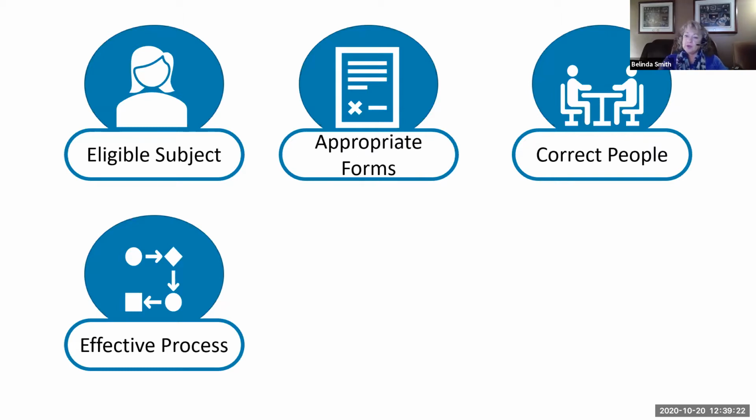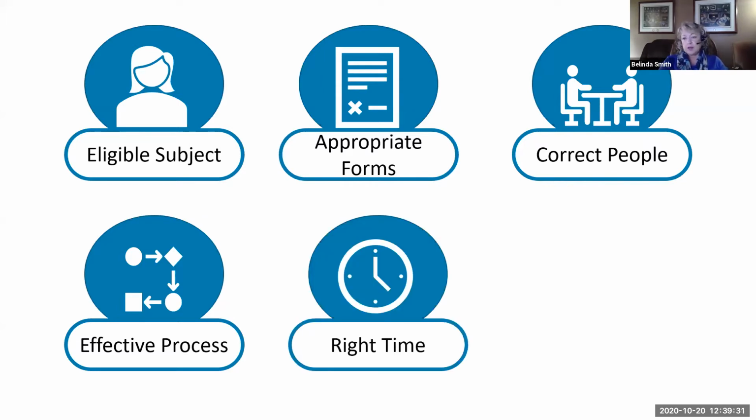If you're the one doing all the talking through the process and not the listening and the dialogue, then you've missed the boat on that particular area. Right time, everybody knows it's before, prior to participation. It also has to offer appropriate, adequate time for someone to consider their options